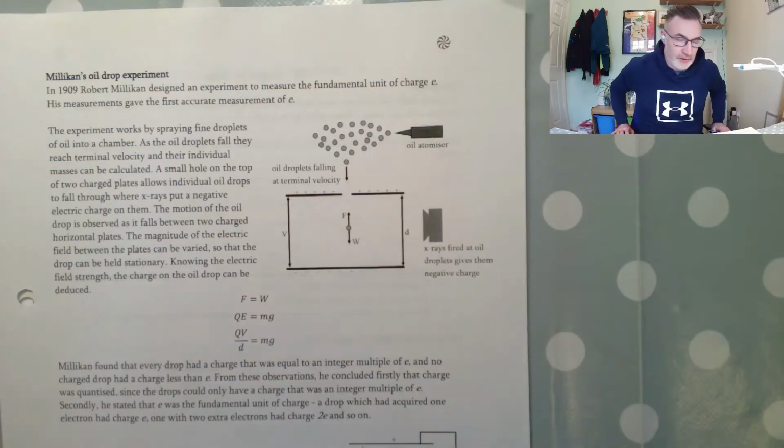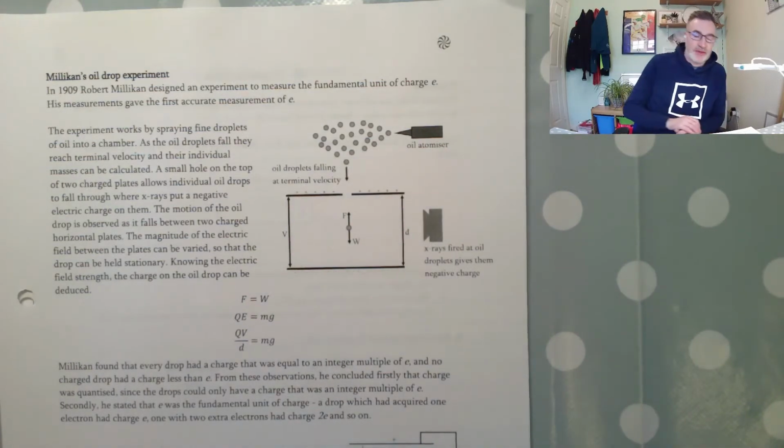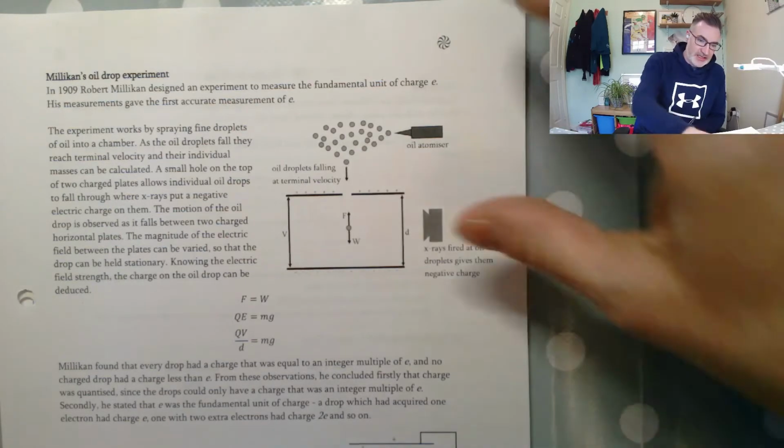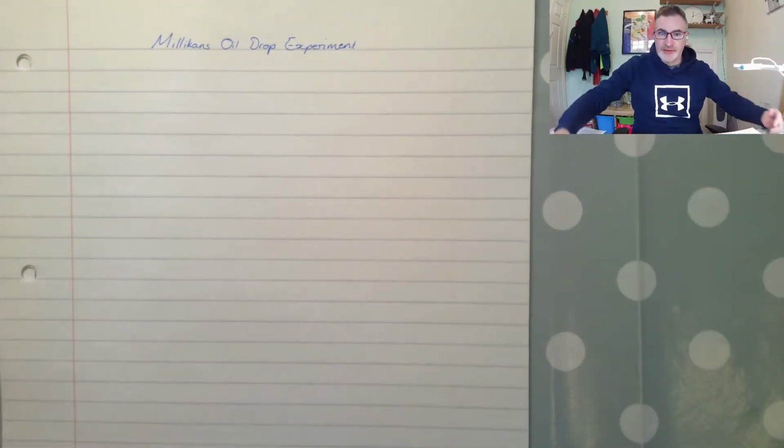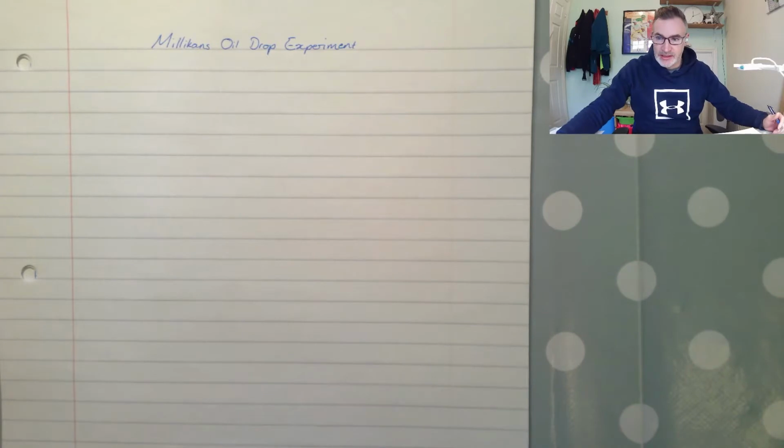And so here we have in the course notes Millikan's oil drop experiment on page 15, and I'll just take you through the experimental setup and his findings and how you would calculate this in a question. So Millikan's oil drop experiment, I'm going to quickly sketch it out, and to save boring you,